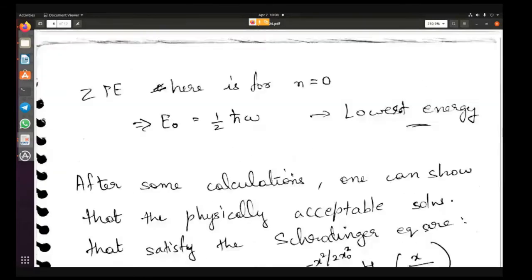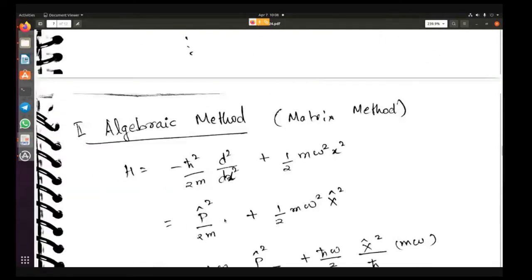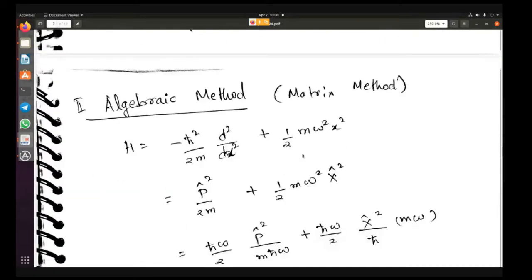Okay, and then we moved on to do the same problem, but now using the matrix method. Matrix method is much easier, and you don't need to know the solution to this complicated differential equation. You can just solve it using the known methods. So the matrix method is something that people prefer when trying to solve such problems.